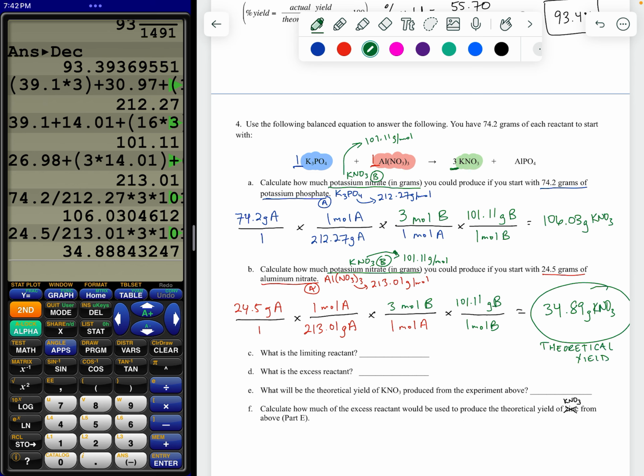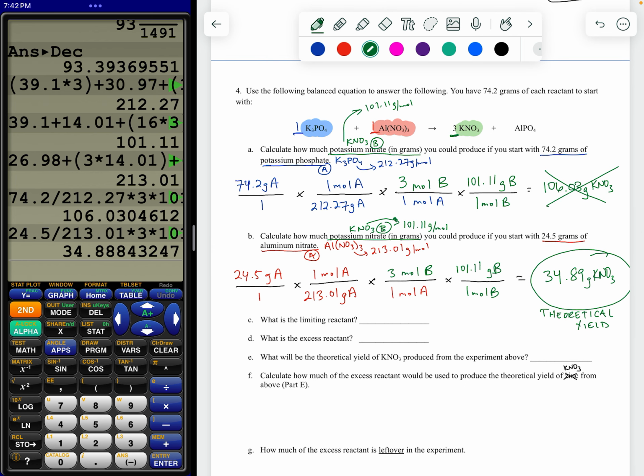And that's because we cannot make any more than this if these are the starting amounts of our reactants, so we don't have to worry about that. And so our theoretical yield, again, is our 34.89 grams of the potassium nitrate. And then we have our limiting reactant. Which reactant, our blue or red in this case, created that? Well, it was our red one, which is aluminum